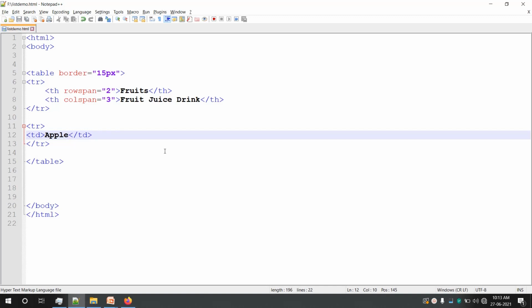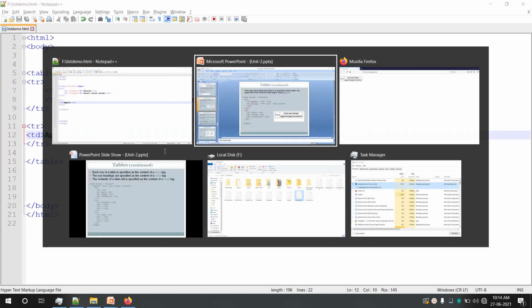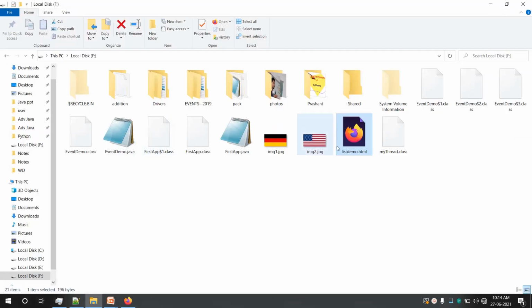So I have added only one cell to the second row. Let us verify the output of it. I will just execute and I will show you the output. I'll double click on this. Now you can see, up till now we have created this much.